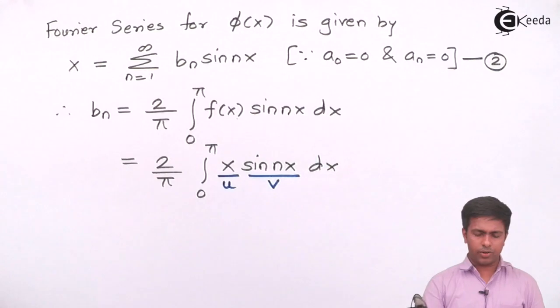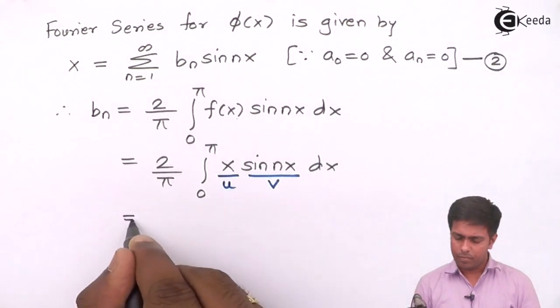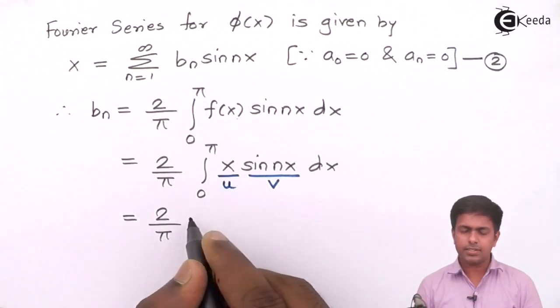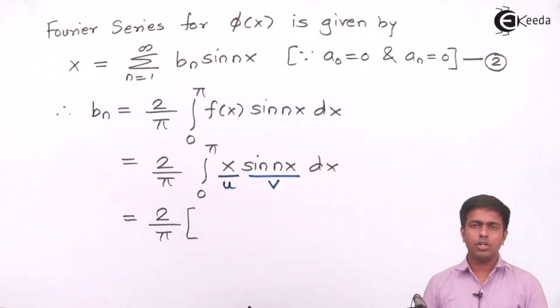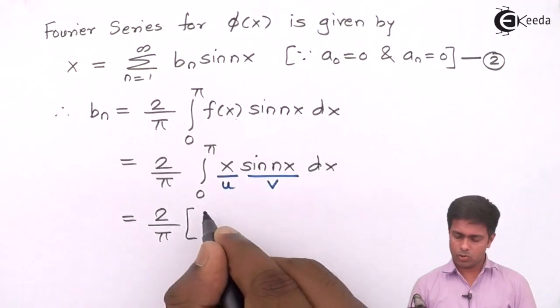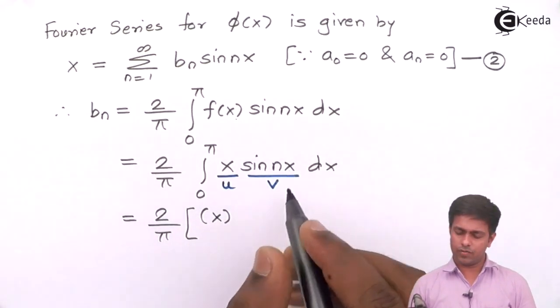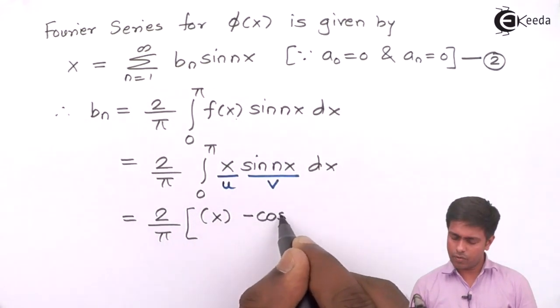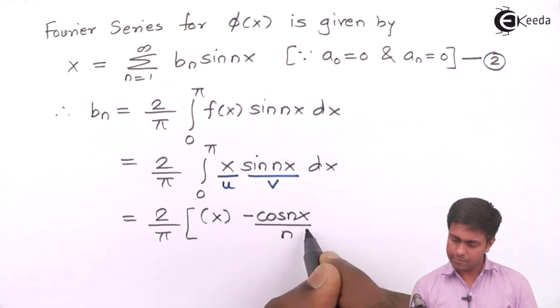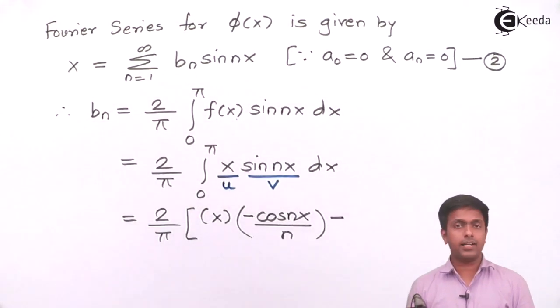So I've told you the shortcut formula. So it is 2 by pi as it is, and let's find out the integration. So the first term is u, so x as it is. The second term is v1, that is the integration of this, which is minus cos of nx upon n, middle sign minus,